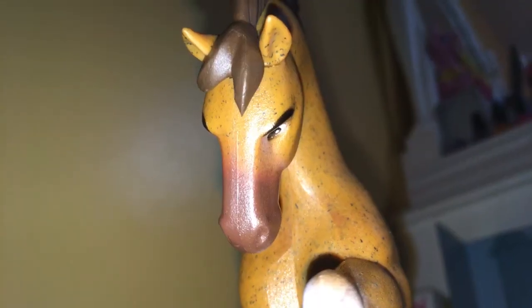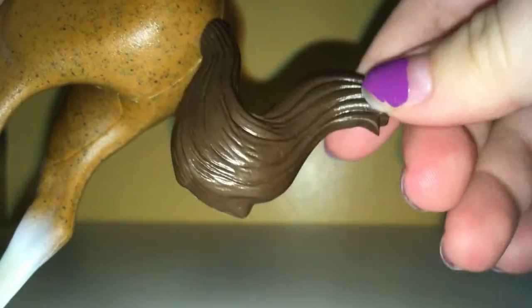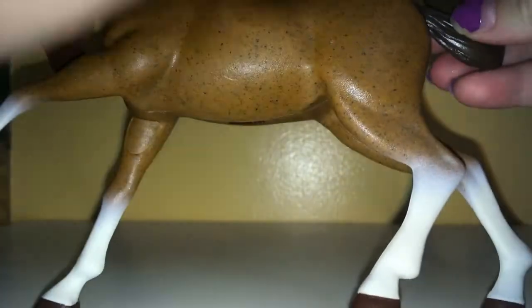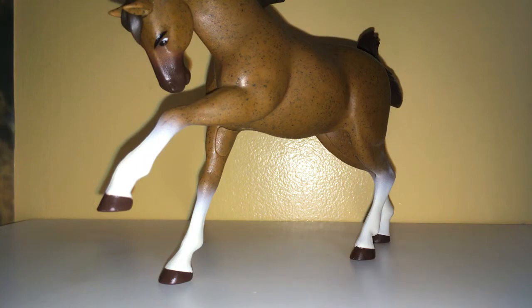If you look at him from this angle, it looks like he's ready to fight. Game on. Like I said with the tail on, Junpero does bend a little bit, but you should not mess with it unless you want his tail falling off. I know you can always do super glue, but you still don't want his tail falling off. I use mine for decoration because, of course, I'm not a little kid and I don't play with them. And they work really nice as decoration on my shelf. Well, actually, I have these guys in my curio cabinet, so...